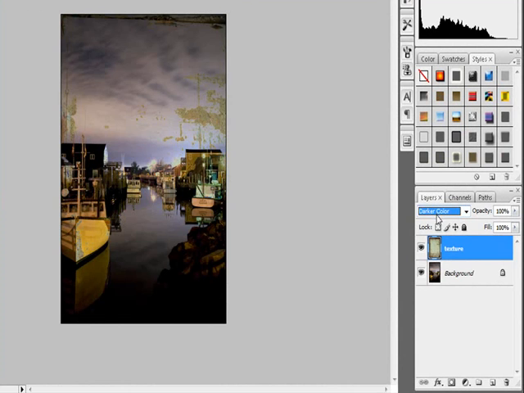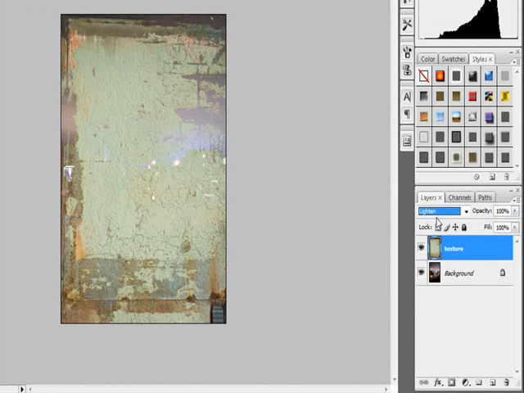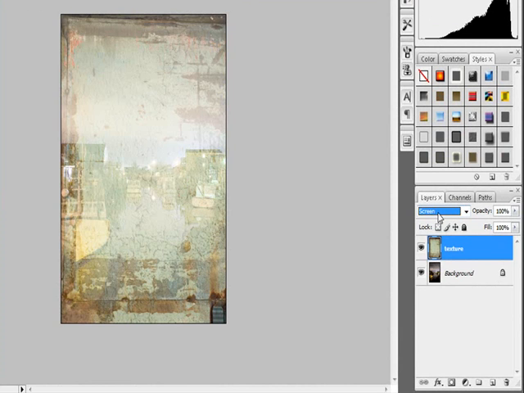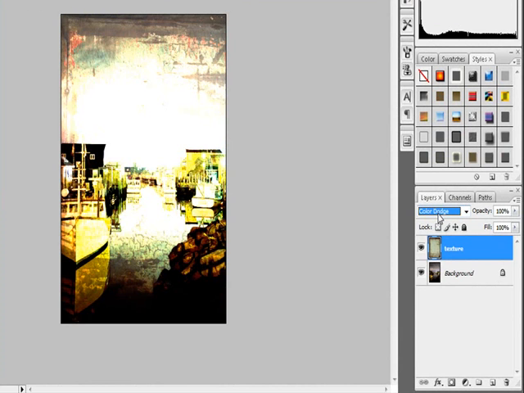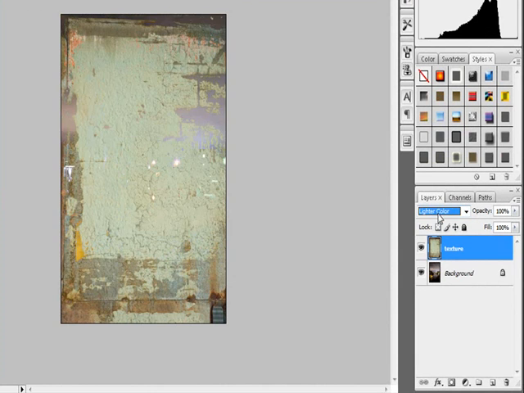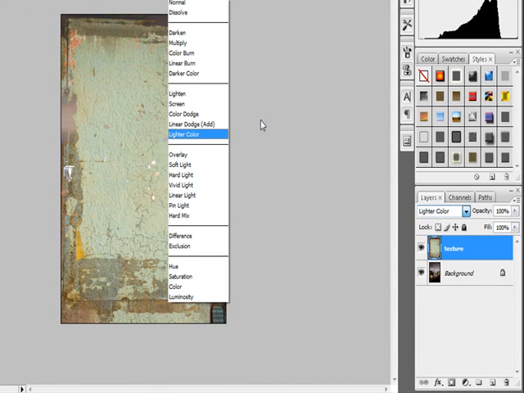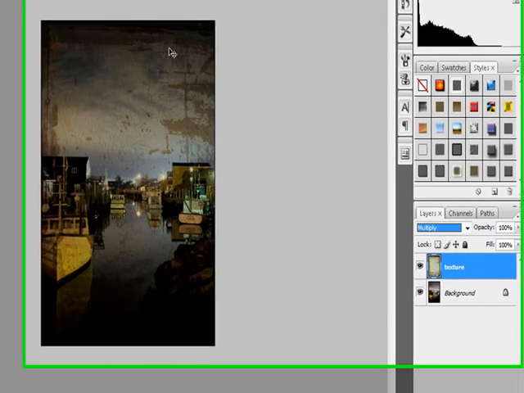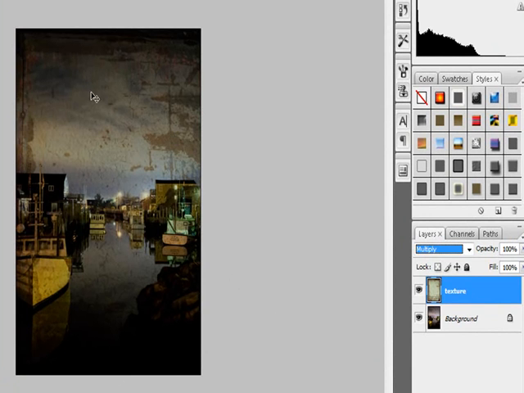with the different layers, and you'll notice some of them completely cover your image, which you don't want to work with. Those you can, if that's your style, and some may be too bright. So simply go in and select one that you like. I'm going to choose multiply for this photo. Now you can see the texture in the background of the image gives it an old look, an old feel